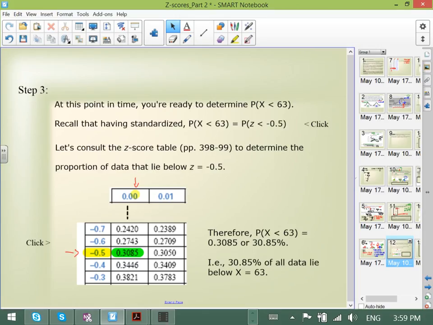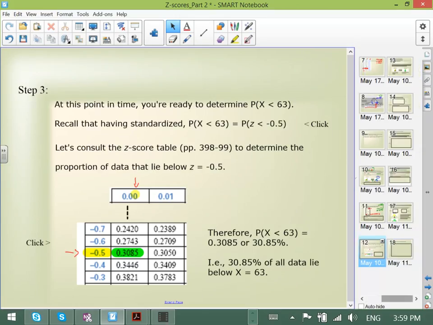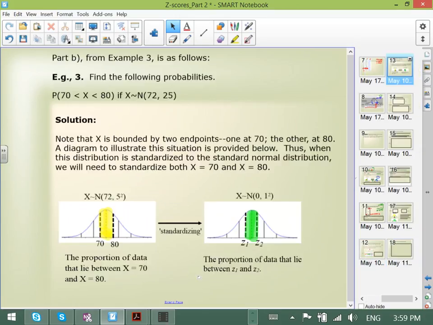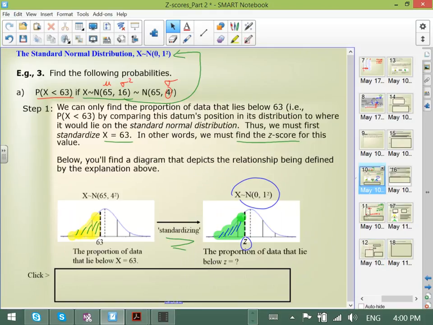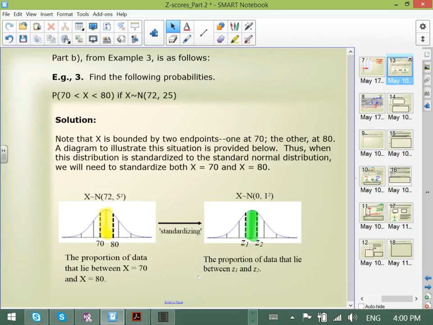All right. So moving forward, let's try something else. That example looked at something being totally to the left of a particular value. Let me go back for a moment, there's the picture I want. As you experienced in the last video, we had a particular problem that looked at an area that falls